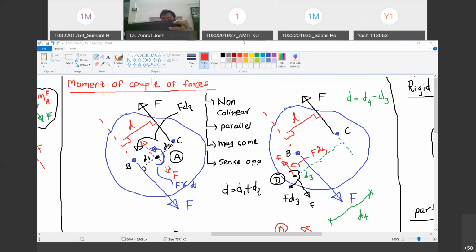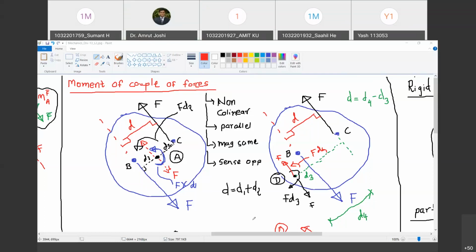So that means this couple moment, wherever I shift it on the body, is going to produce the same effect. Are you with me? Yes, sir. देखो, now I am applying a couple moment here at this corner. It produces the same effect. I apply the same couple moment at this corner, it produces the same effect on all points of the body. I apply the same couple moment here, it produces the same effect. Are you with me? Yes, sir. That's why we say that couple moment can be transposed anywhere in its plane, and it is going to produce the same effect. Happy? Yes, sir.